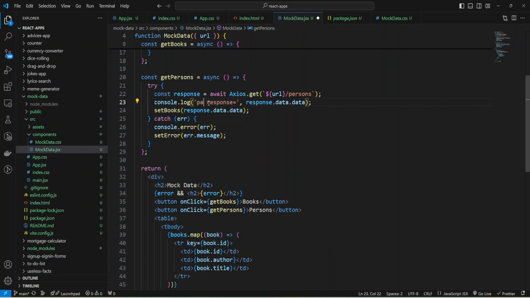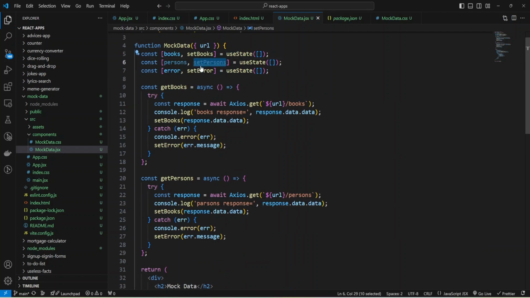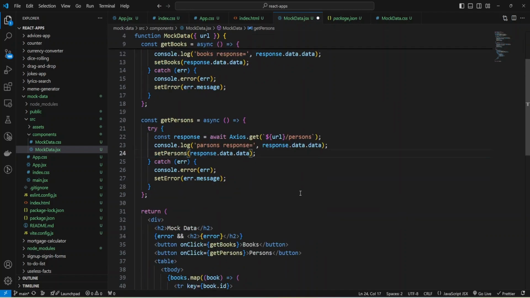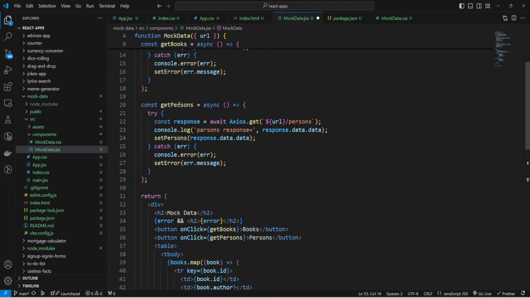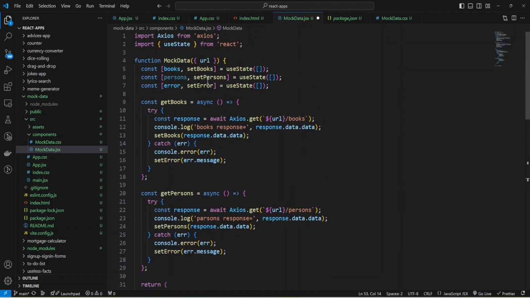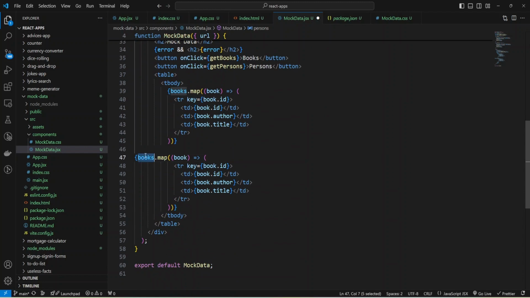I can add the persons response to the console, and now I'll send persons instead of books. We can provide some other fields for persons, also using map, and for each person I'm going to provide ID. First of all, let's check what I have in the response.